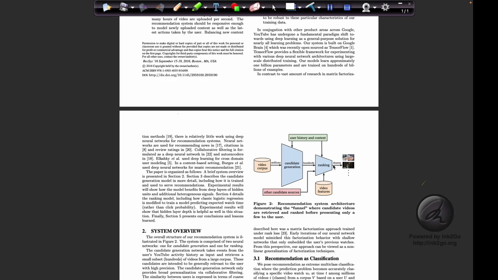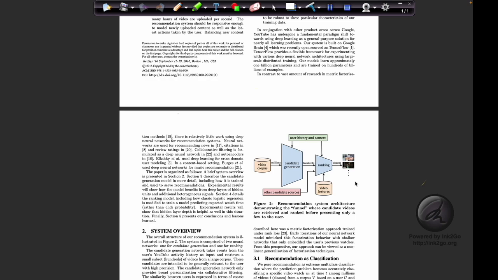To explain it better, YouTube has billions of videos, and the features of those billions of videos are embedded and fed into the candidate generation deep learning model. After feeding them into this deep neural network, the top candidates are generated, like the top 100 or top 1000 candidates, and these are then fed into the ranking deep learning model,